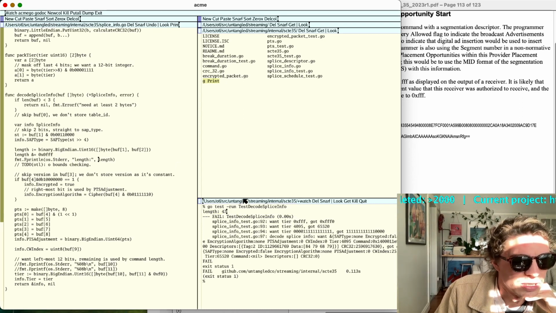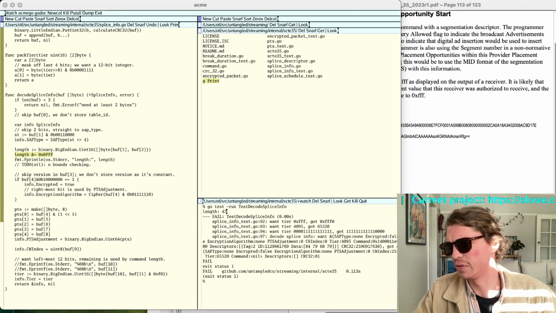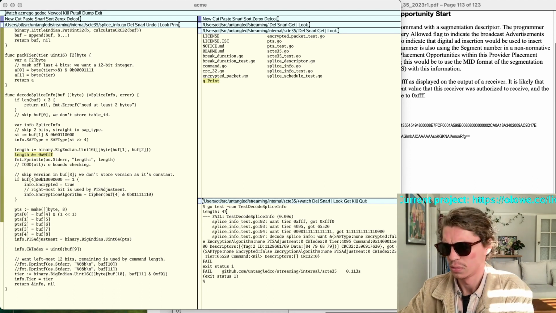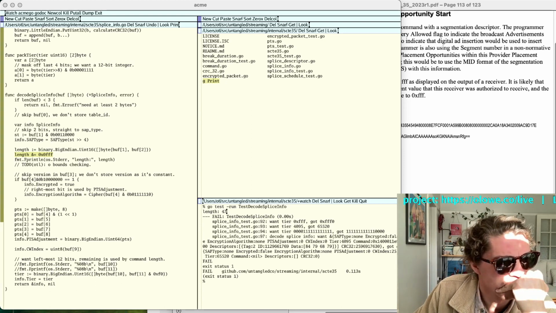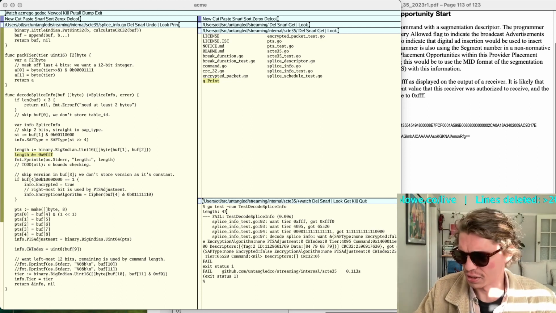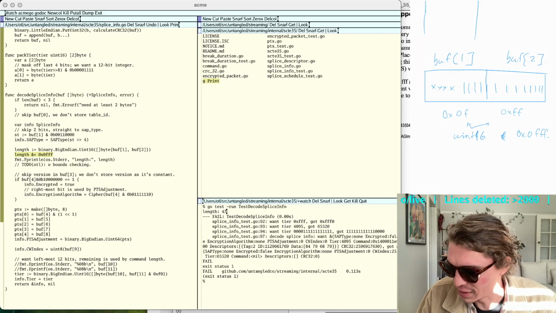We're getting 47, but we want 52. Let's just check that our logic here for doing the masking is correct. To me, that seems correct. So if I go back to this iPad here,